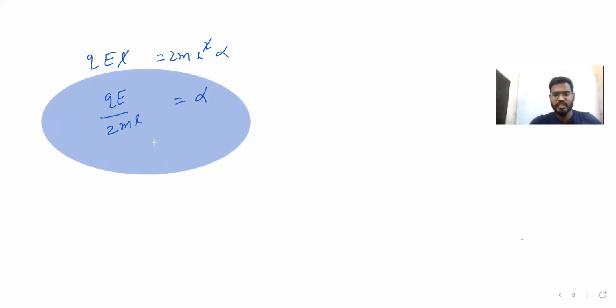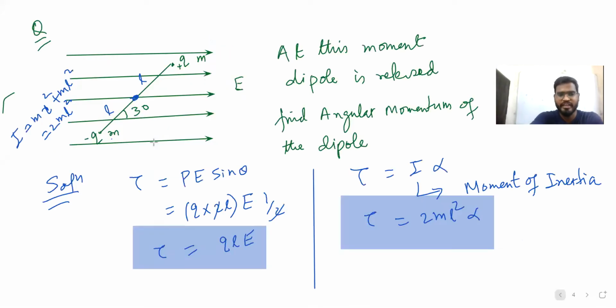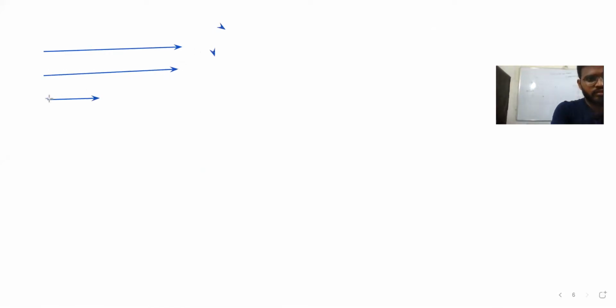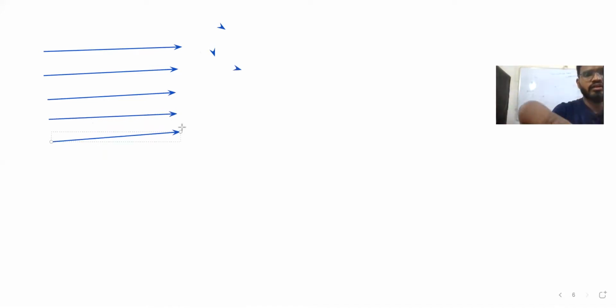Let's see one more question which is related to SHM. That question we are going to discuss. Hope so everybody got it. Let's see. I'm showing it once more. Next question is again the same. A uniform electric field is there. Dipole is placed, again charge minus Q, plus Q, L distance, mass is what, guys? M.